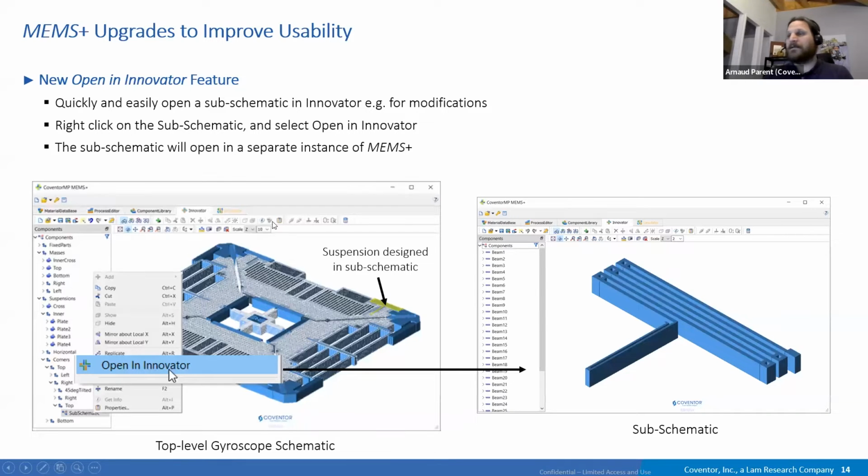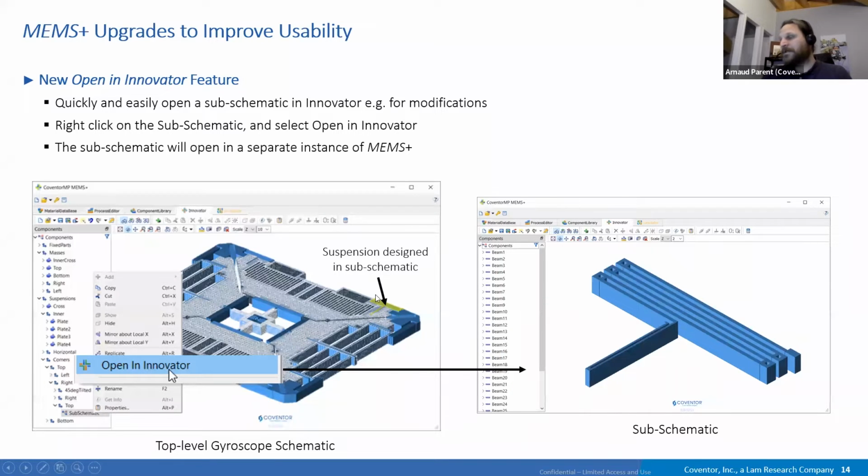So some context: in MEMS+, for complex devices like this 3-axis gyro here, you can use some hierarchy in the device, meaning that some subpart of this big model can be modeled as a subschematic.